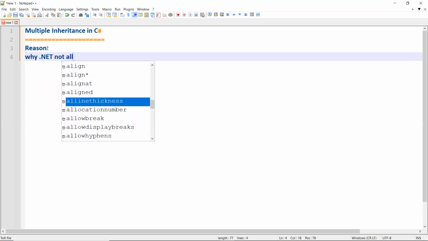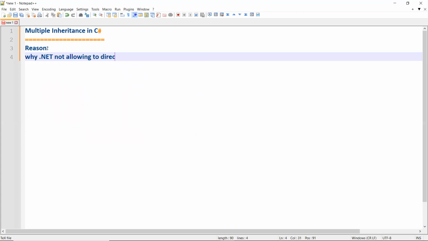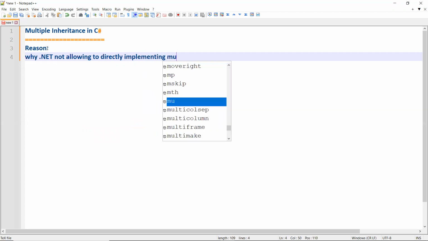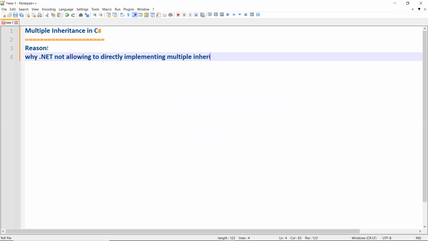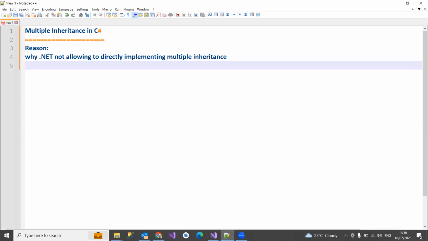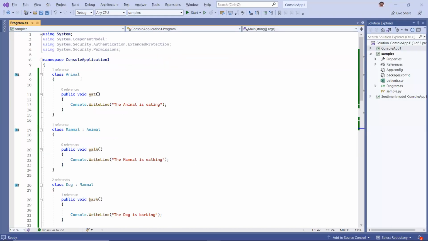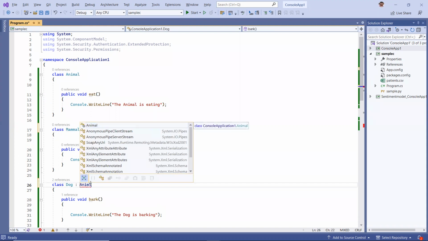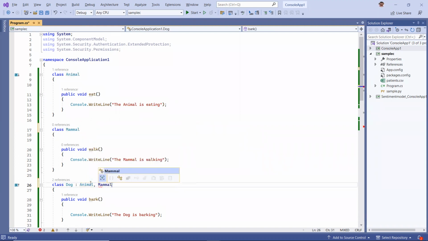Why .NET is not allowing multiple inheritance directly, I'll explain. I'm just going to my Visual Studio, and this is where I have classes Animal and Mammal. Let me remove this. And I have a Dog. If you want to inherit multiple classes into this class, that is nothing but multiple inheritance. Let's try this. First I'll try Animal,